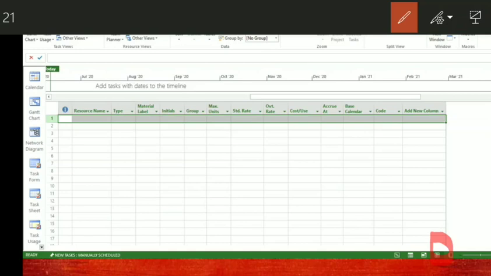The first one is the indicator. What does this indicator say? The indicator field shows icons such as notes and constraints. If you want to add a resource note saying that this resource is limited to only half a day of work, all that will be specified in the indicators. Some icons appear automatically according to your action, for example an indicator for an over allocated resource.